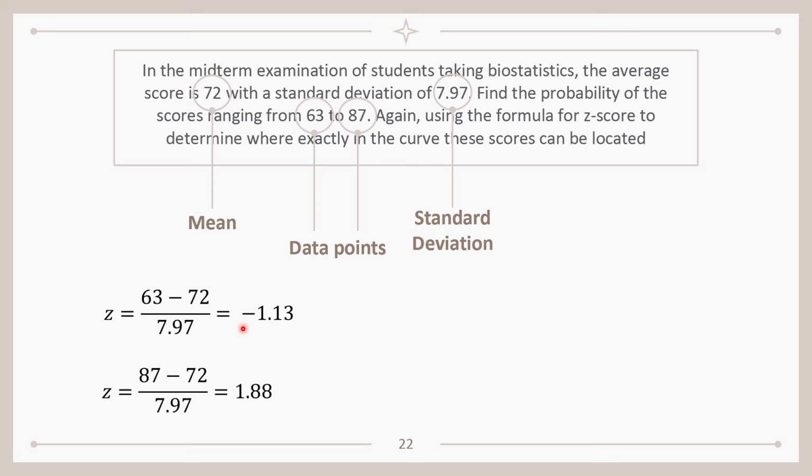Now, if the value is a negative, or if our integer is a negative, then that means we're referencing the areas on the left side of our curve. So from the center, going to the left side of the curve. And if the value is a positive, we're referencing areas from the center going to the right side of the curve. Okay, so let's see